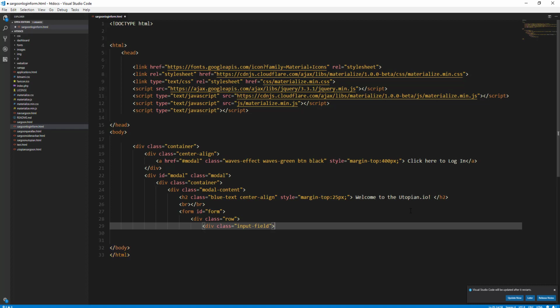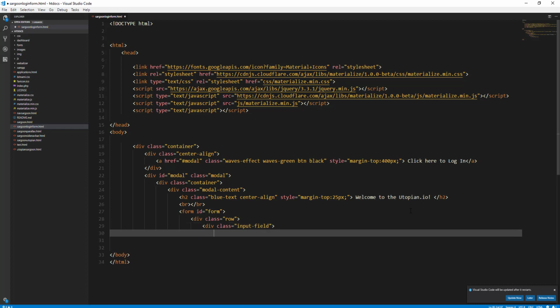Let's define an icon for the username area to look better, and as you know we're using the Materialize icon family instead of the Bootstrap CDN. Let's start typing with the icon class. Icon class equal material icons. We wrote material icons because we're using the Materialize font family. And let's add prefix here because we want the icon to appear at the left side of the username field,